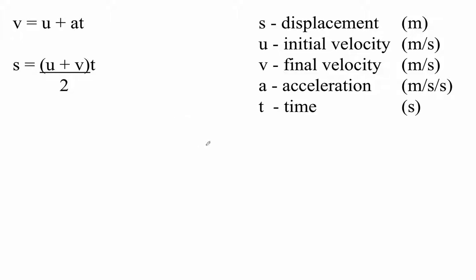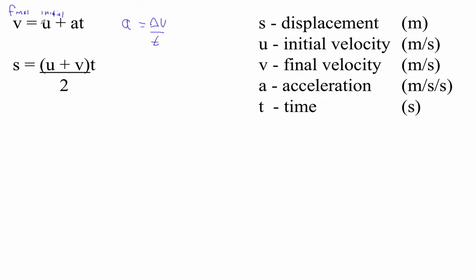Let's talk about where these formulas come from. This one's the easiest one, right? This is our final velocity, and this is our initial. There we go. Okay, there's our final. This is our initial velocity, u. And then at is just the change in velocity, because acceleration is change in velocity over time,